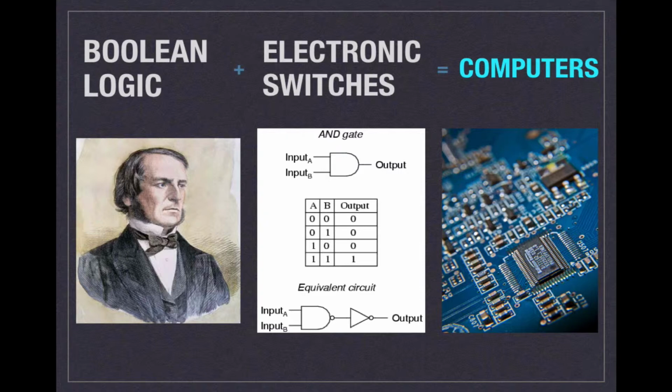And then at some point it was somebody from France, I don't remember his name, didn't have time to look it up, but he decided, hey, we can combine this idea of Boolean logic with electronic circuits, right? And so what I have there is a diagram of an AND gate, and it's kind of simple to understand. If input A is plugged in and input B is plugged in, the little output light turns on. If input A and input B are both not plugged in, it's not on. If only input B is plugged in, it's not on. If only input A is plugged in, it's not on.